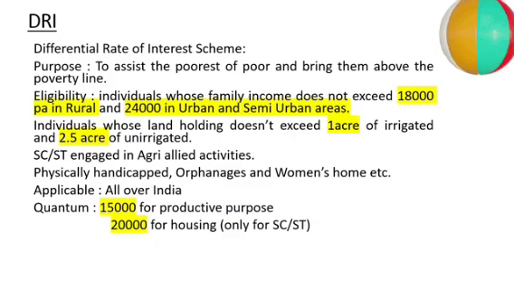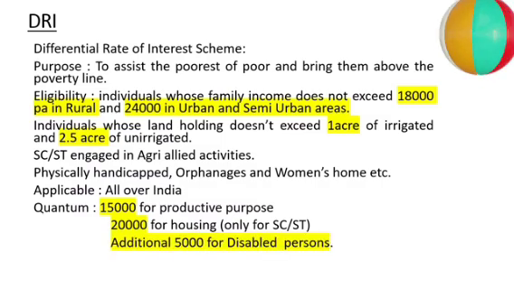Important question from the exam point of view, and most of you are giving the wrong answer. Only one, Narendra Meher, has given the correct answer. As of now, whatever answers I received, all are wrong. So, the loan amount under the DRI scheme is 15,000. And for SC, ST members, an extra 20,000 can be given for housing purpose. Okay. What is the rate of interest in this scheme? Can anybody comment, please?